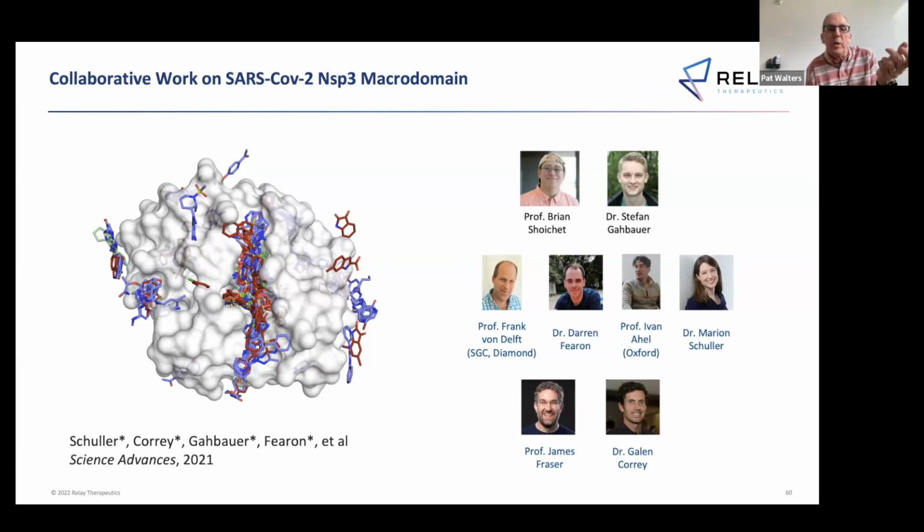So these are molecules with probably on average 10 or 12 heavy atoms. So you're taking these very small molecules and one at a time, you're crystallizing those with a protein and looking at how that molecule binds to the protein. So what we're looking at over here on the left is an overlay